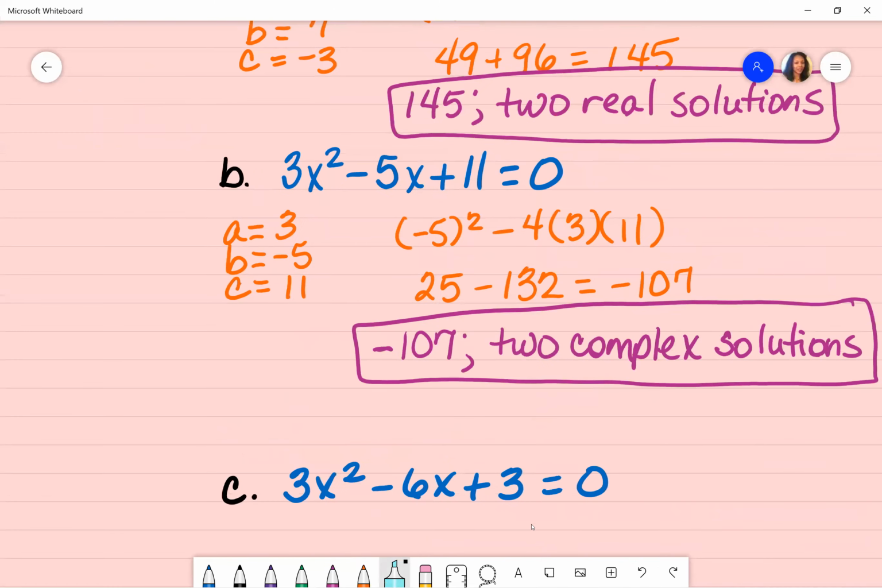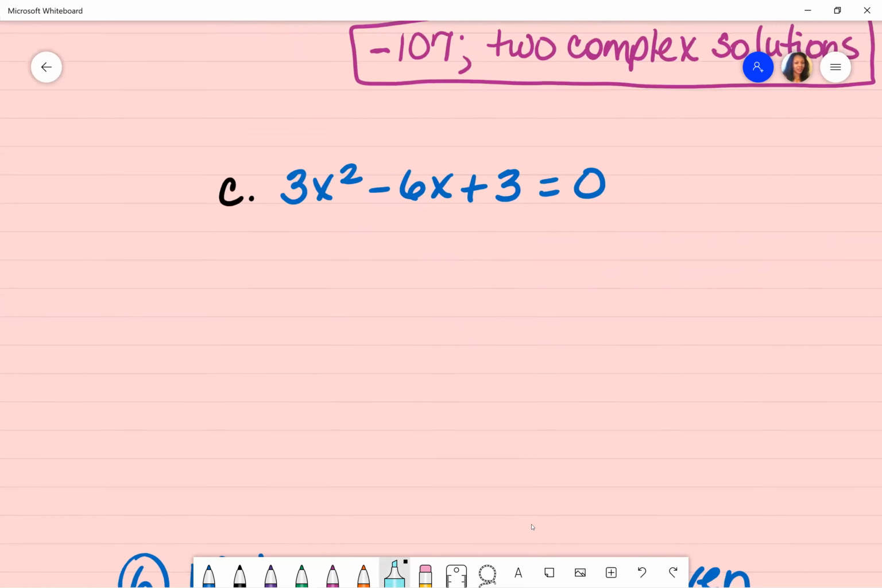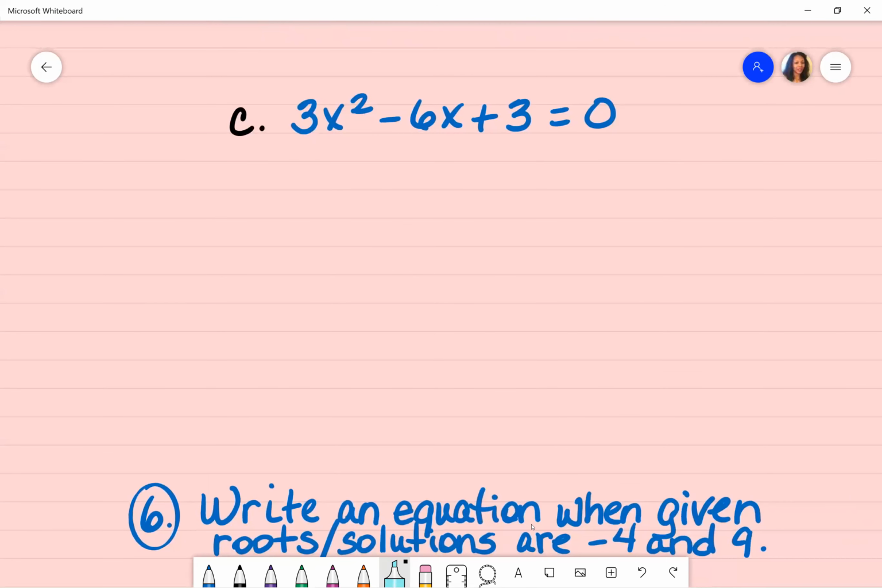And then your last option will be one like this. So I'm still trying to find a discriminant. It's already in standard form. So identifying a, b, and c, a is going to be 3, b is -6, and c is +3. Putting it in my formula, b squared